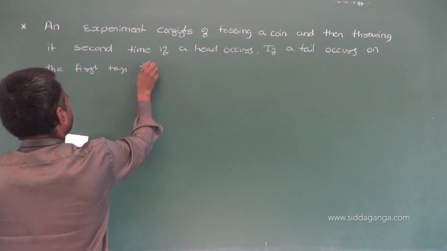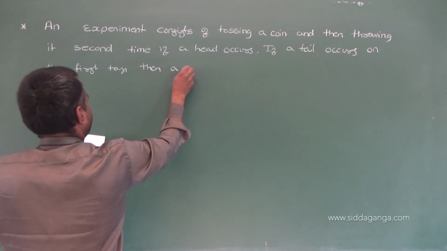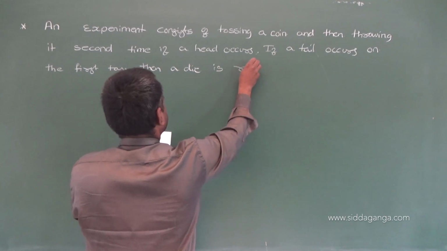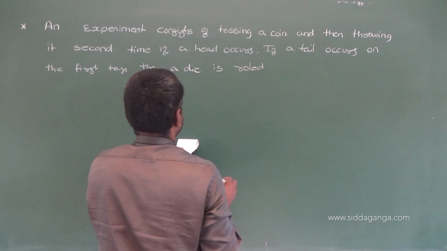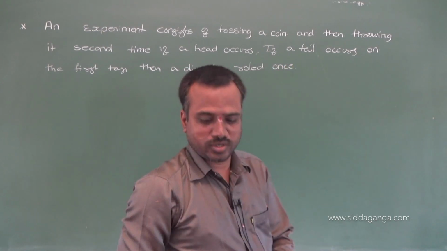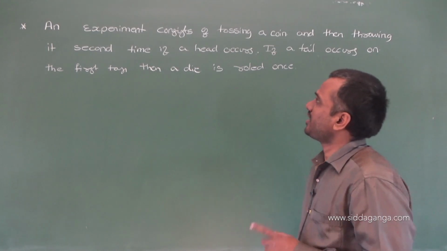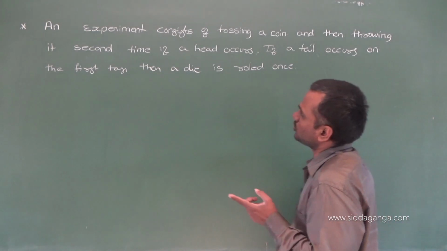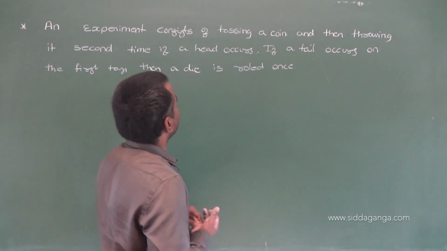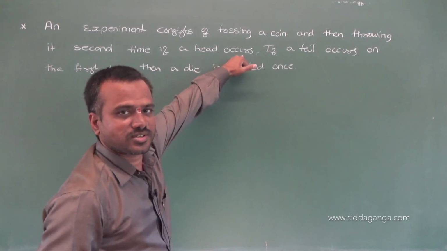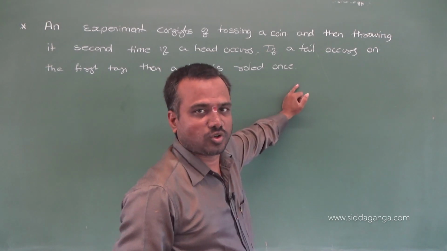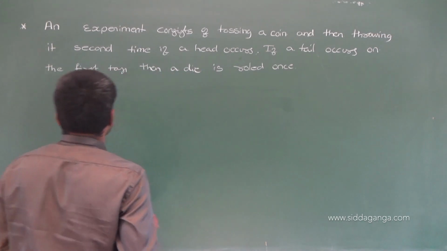then a die is rolled once. A die is rolled once. That also you know. An experiment consists of tossing a coin and throwing it a second time, meaning we toss it a second time when a head occurs. If a tail occurs on the first toss, we throw a die. Then in that